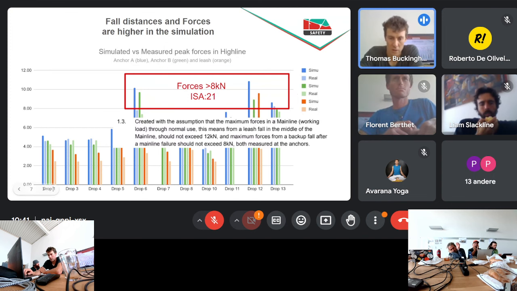So yeah, this is the excerpt from the highline system standard. Maximum force in the main line should not exceed 12 kilonewton, and maximum force from a backup fall should not exceed 8 kilonewton, measured at the anchors. So these cases are not safe, and these are the cases where the whole length of Dyneema webbing was getting engaged.